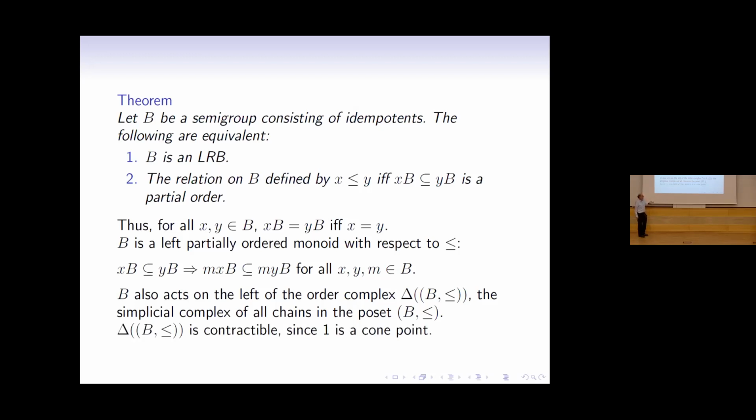The simplicial complex is contractible. The identity element can be added to any chain. The right ideal that it generates is the whole monoid, so it's above everything, it's a maximal element. And by basic facts about simplicial complexes, it means the identity is a cone point and